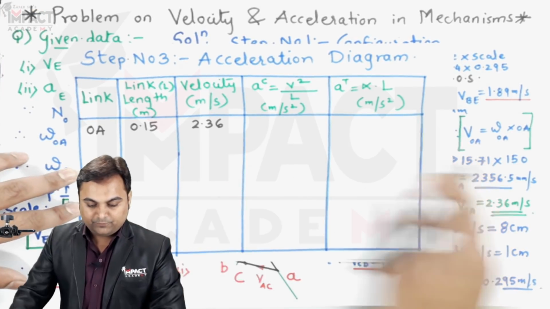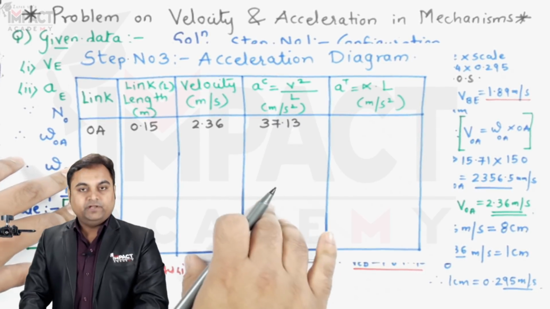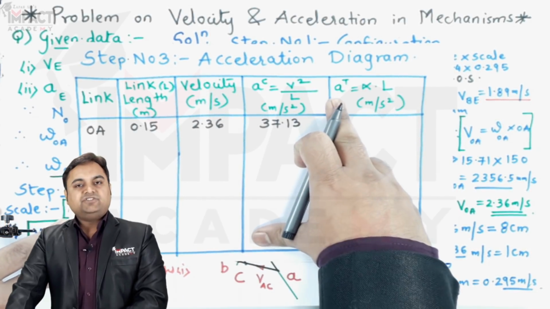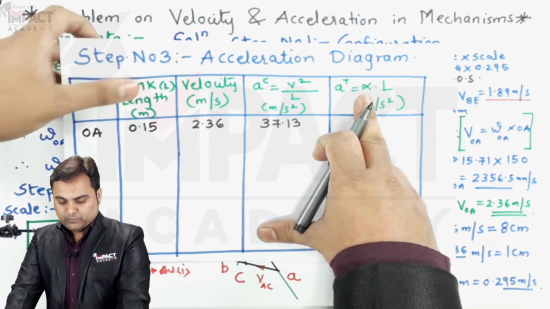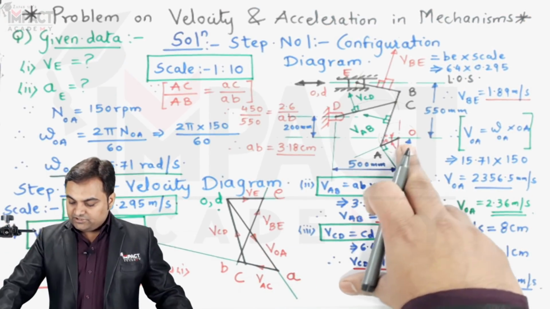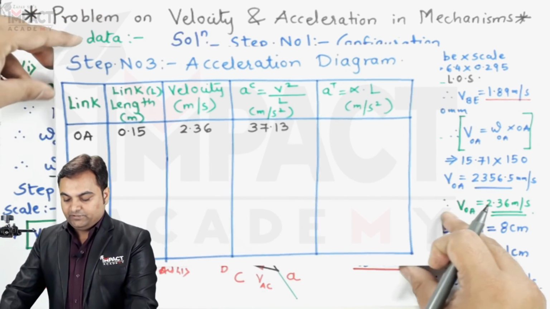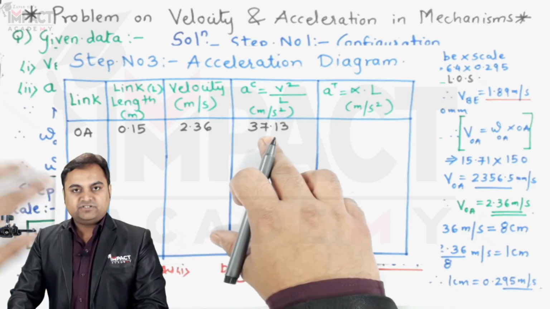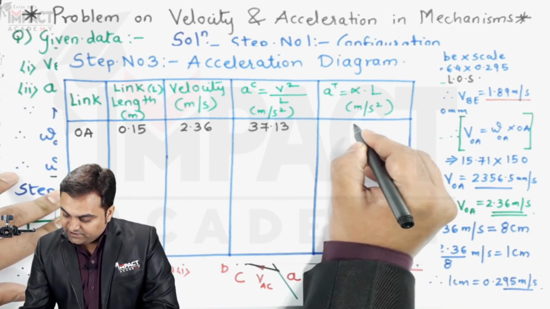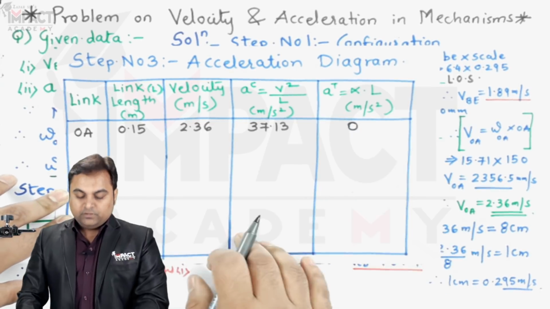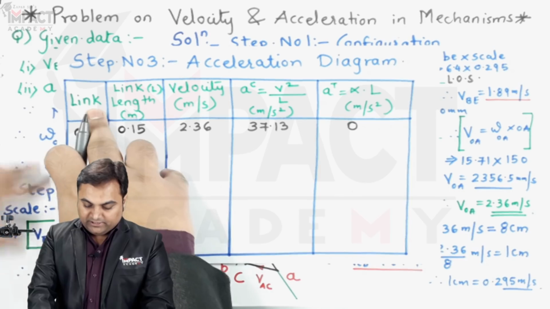It is 37.13 meter per second square. Then for tangential acceleration we require angular acceleration, and since in this problem the angular acceleration of crank OA is not given, we can take it as 0. It means the centripetal acceleration is the main acceleration for link OA and tangential acceleration is 0 because angular acceleration alpha is not given. Then after link OA